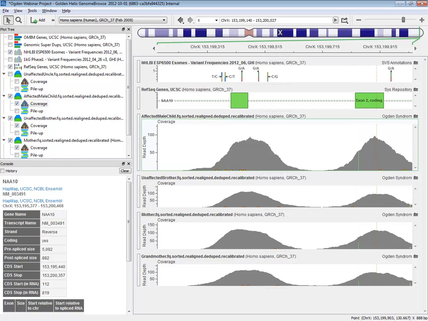Can you analyze paired samples, i.e. tumor normal? That's a very good question, and it actually leads to our goal of presenting these types of webinars in an ongoing fashion. We want to continue to expand the types of analyses we do in an interactive session like this. So we do plan to do a tumor normal pair analysis of an observational cancer study, and hope to do that in the next couple of months and demonstrate similarly how SVS and Genome Browse work with that.